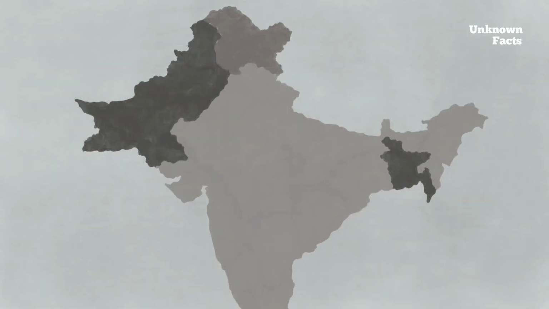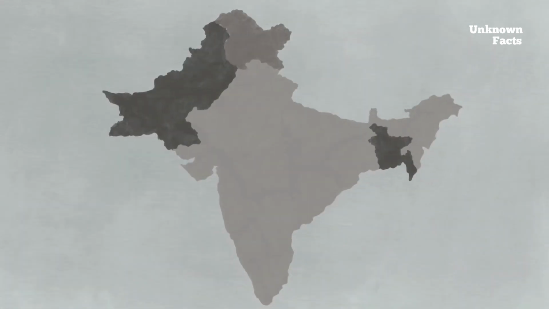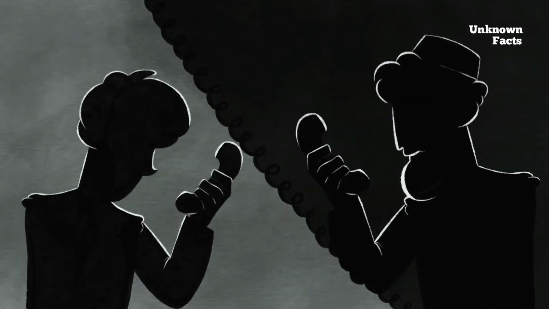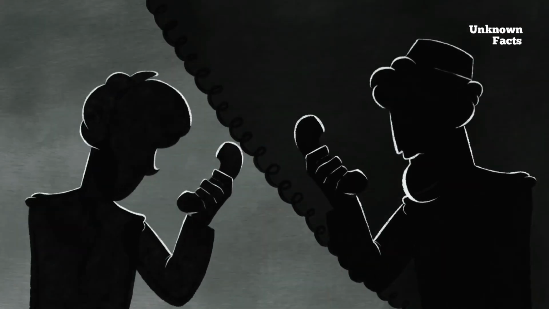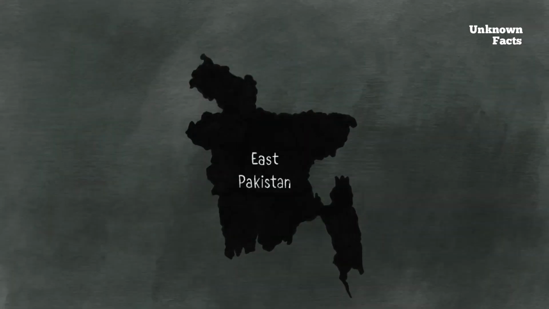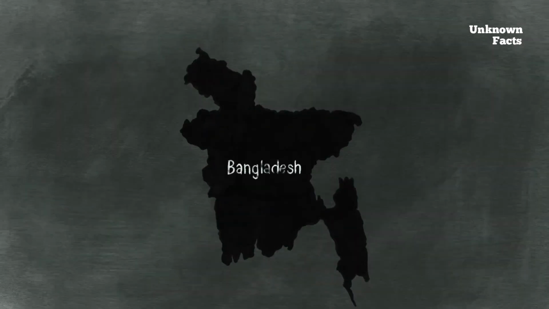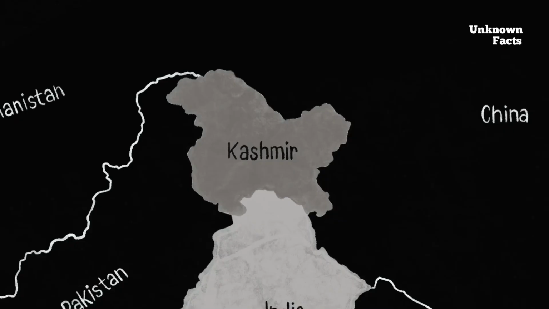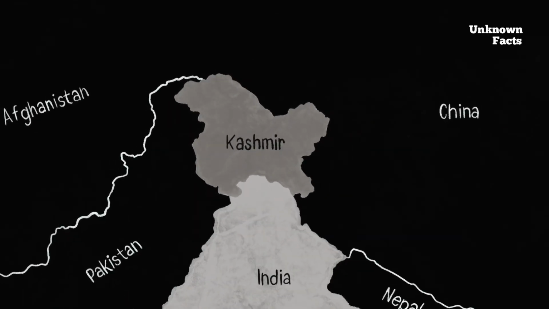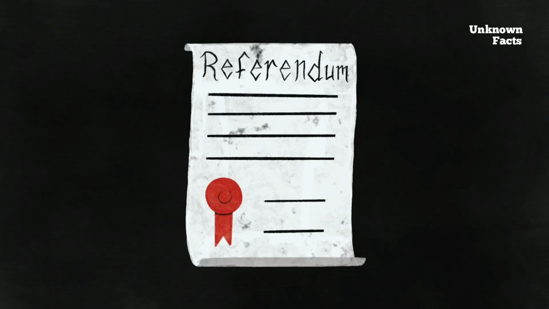The problems created by partition went far beyond this immediate, deadly aftermath. Many families who made temporary moves became permanently displaced, and borders continued to be disputed. In 1971, East Pakistan seceded and became the new country of Bangladesh. Meanwhile, the Hindu ruler of Kashmir decided to join India,